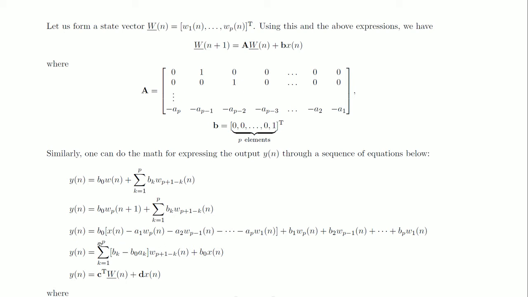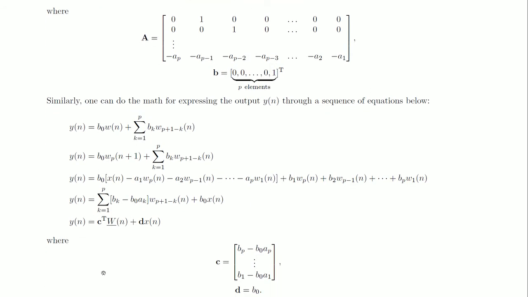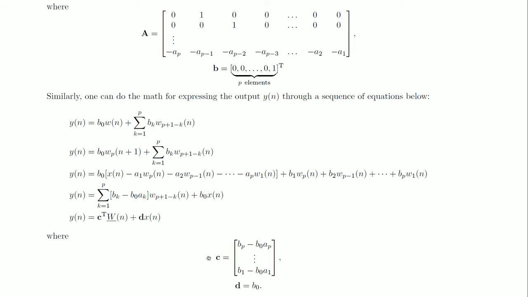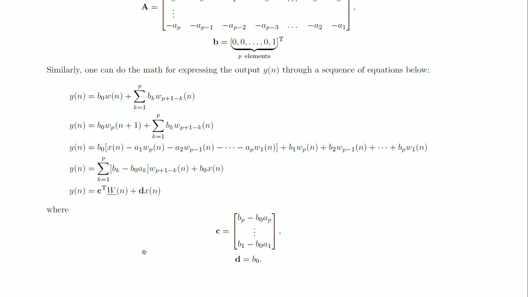this can be thought of as an inner product between the state vector W(n) and some vector C with p elements that are described as follows. So, this vector C is given by this form. The first element is b_p minus b0 a_p and so on, the last element is b_1 minus b0 a_1. Now we have all our variables that can describe the state space model,